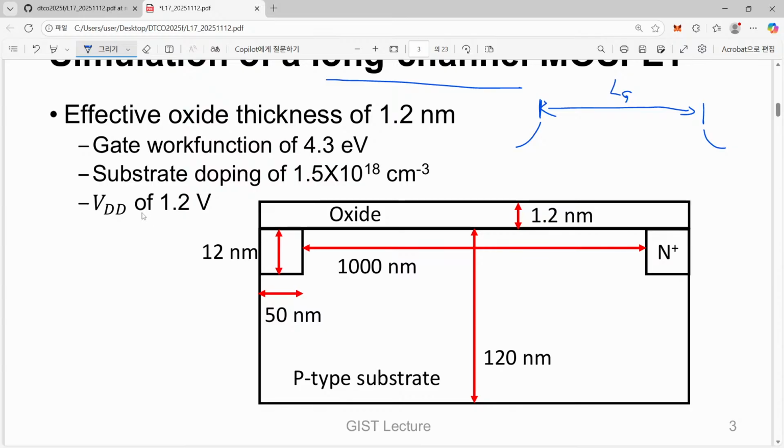Here we have an oxide, silicon dioxide layer whose thickness is 1.2 nanometer. This is somewhat thicker than the currently available one, and maybe this 1.2 nanometer is the limiting number of our